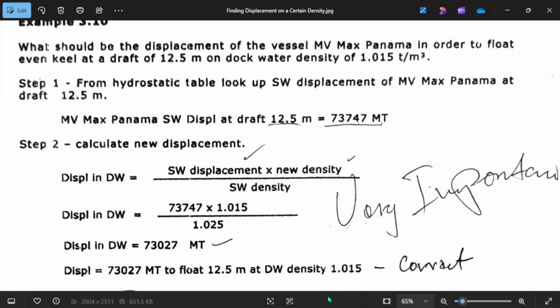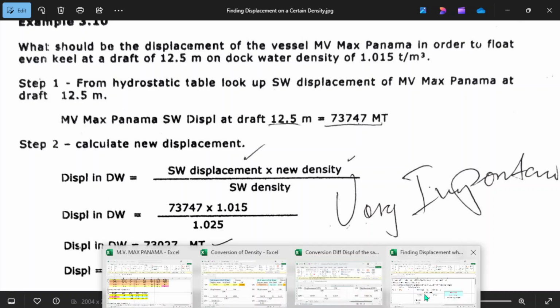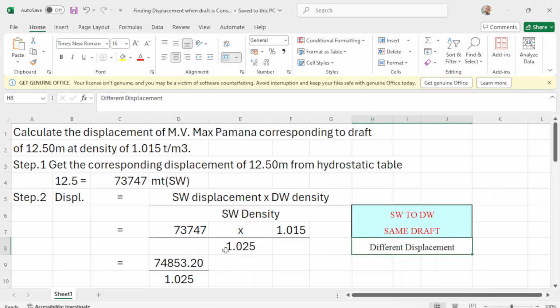Now we go to my Excel form. We have the same formula here: the salt water displacement times the dock water density over the salt water density.